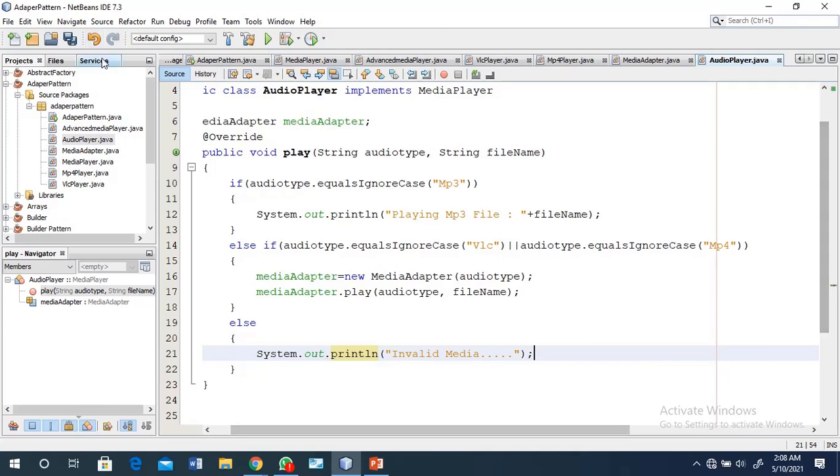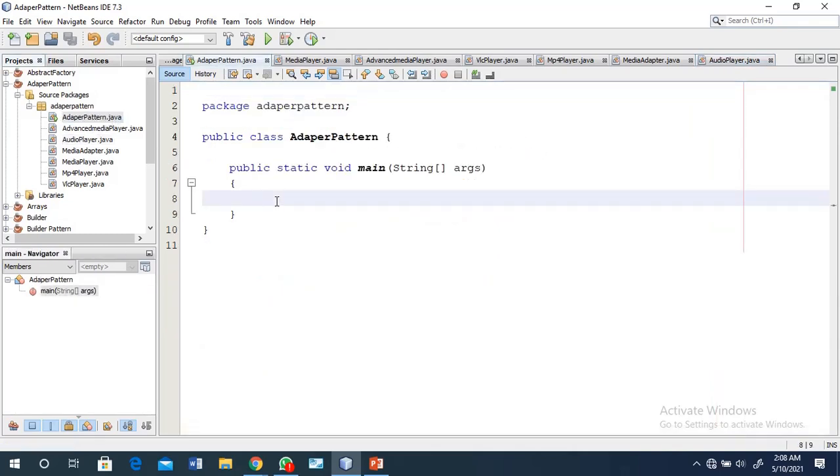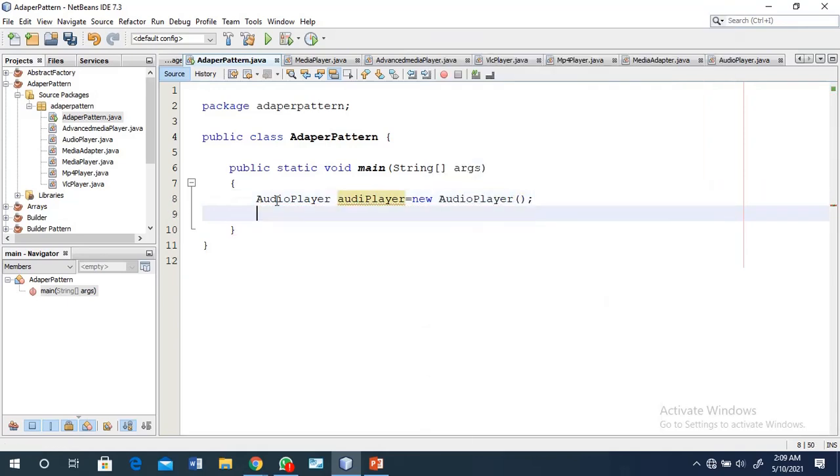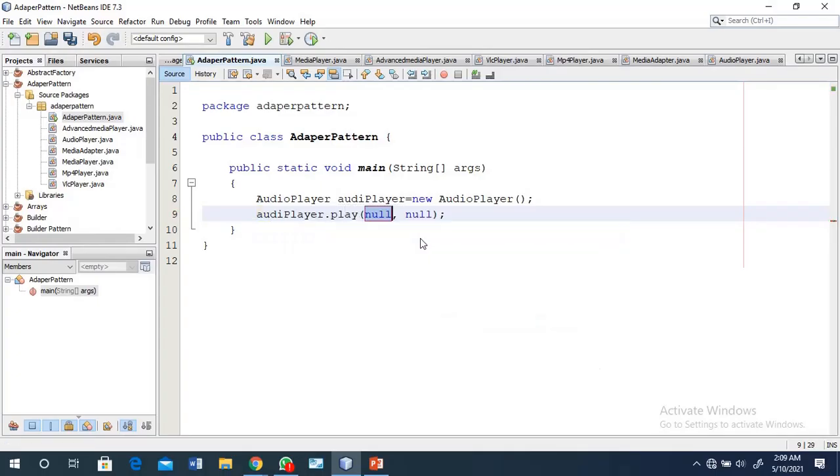Then after that only the main method is remaining here. Adapter pattern. Okay, so here first, AudioPlayer audioPlayer is equal to new AudioPlayer, then audioPlayer.play.